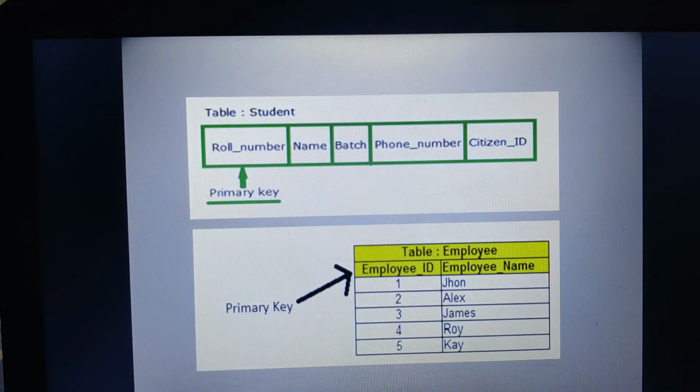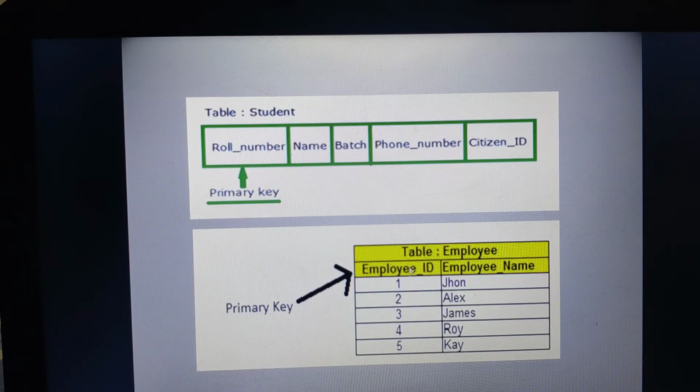Now with an example with this image, herein I have created a table known as student, wherein we have the fields named roll number, name, batch, phone number and citizen ID. Therein, for the roll number field they have created the primary key. Now look at this example table with employee ID and employee name. Look at the values here.